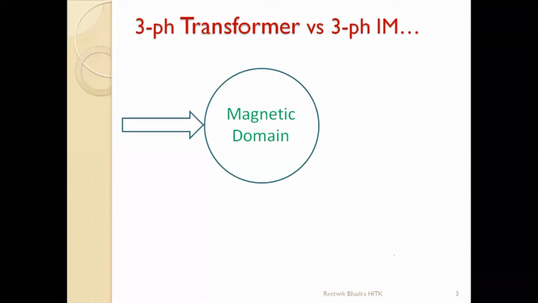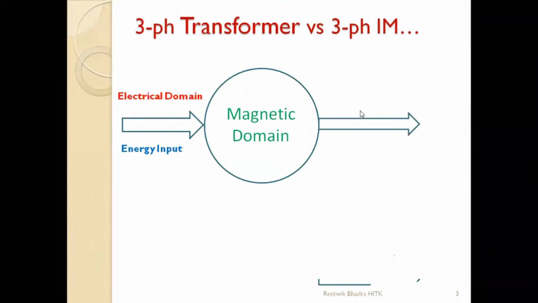And obviously we'll have an input to that magnetic domain. What is that input? You can easily identify. A motor transforms electrical energy to mechanical, so the input will be electrical. If I take a transformer, then also we are giving electrical energy. It transfers the power from one level to the other, as a transformer does. So on my input side, this arrow over here, is my input. See, it is entering the system. So my input is in the electrical domain, and that is my energy input. My energy input will always be in the electrical domain, may it be a transformer or an induction motor.